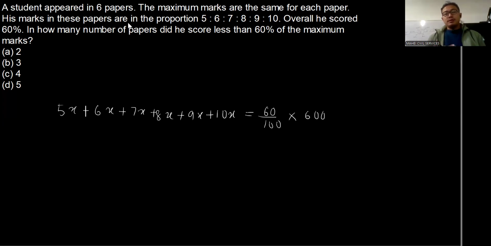Total marks CD simyam sum door neighbor. Adugi total marks to mana kai harami the overall oina my 60% of total score however. So 60%, 60 by 100 of total to the 100 and low 600 100 to 60 600. Adu regadi Kedoni have the in how many number of papers did he score less than 60% of the maximum